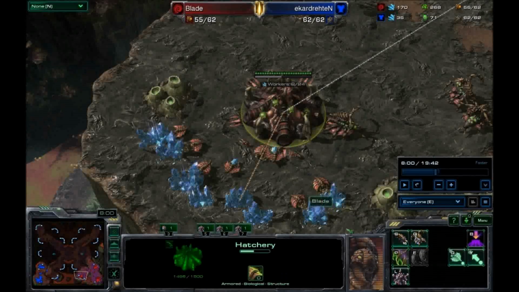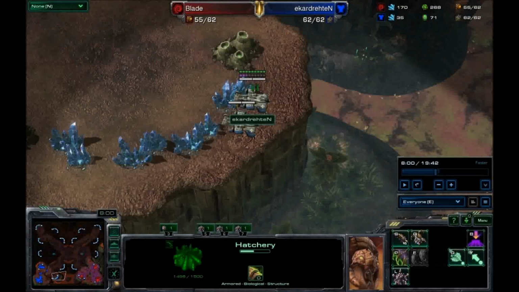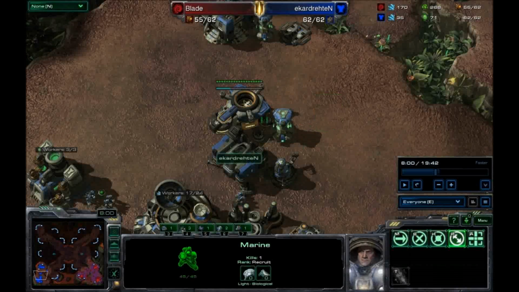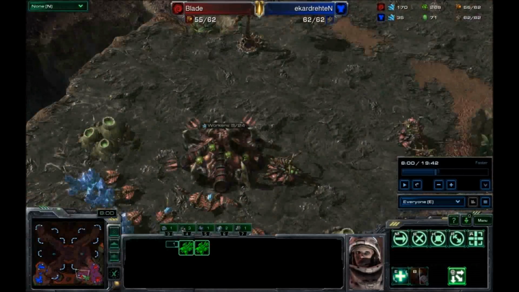Alright guys, now for the thing that probably a lot of Zergs are curious about and are looking forward to is the hellbat drop. Now in this game I actually saw this coming because I sacrificed an overlord and saw hellbats and the starport, which means he's hellbat dropping. And honestly, this game